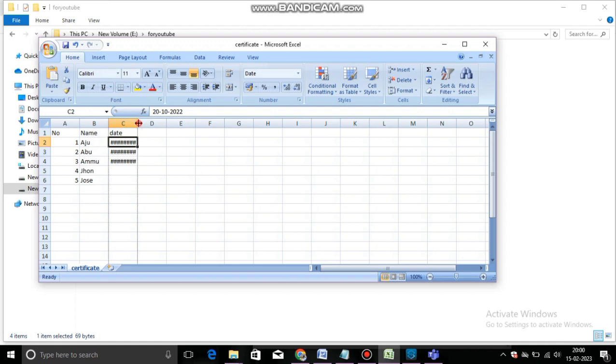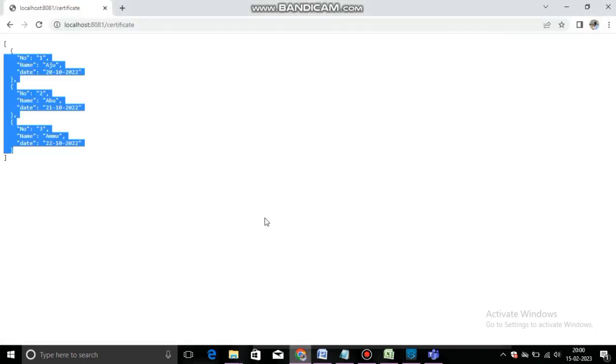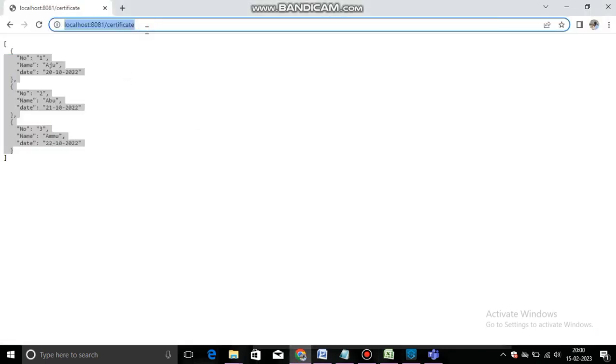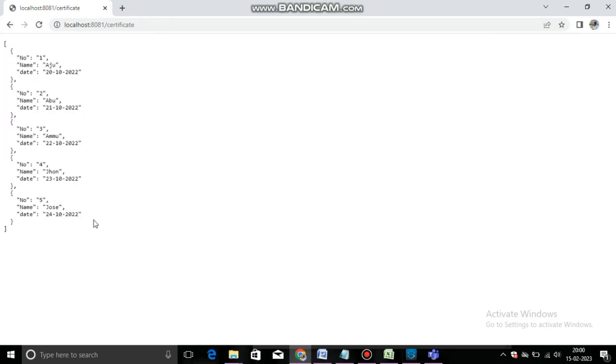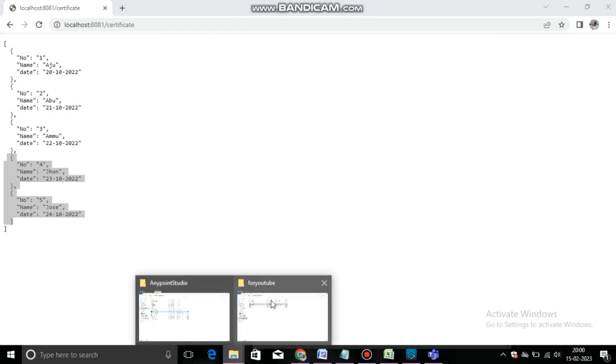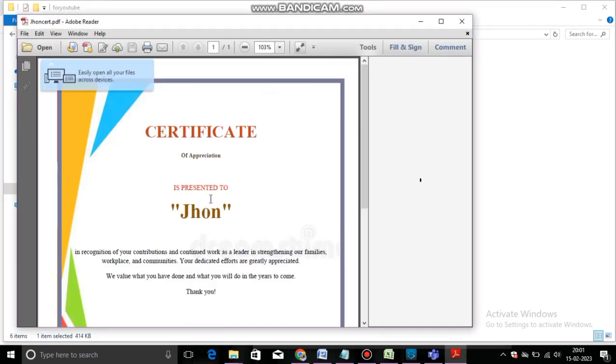You can have it 22 or 23, 24. Okay, it will be like that. Let it be. We'll save that and try this endpoint again. Now it got created for 5 candidates. We'll see whether 5 candidates are there. Yeah, for John, so John is there,